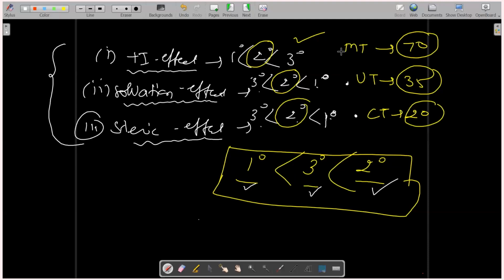But after the unit test, when we conduct the midterm exam, which is a heavy exam, that is a 70 marks exam, in that case, the child who was in third position two times is scoring the highest marks in the class and now becomes first in the classroom. Okay. So this paper contained the maximum marks. That is a dominating paper, we can say. So this is the reason the student who was two times in third position is now coming in first position.